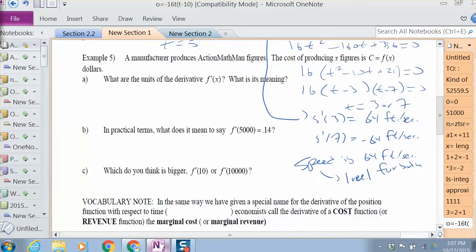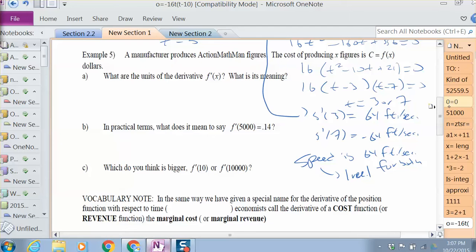Okay, example 5. Now, there is some interpretation of derivatives that is important. So in this case, what are the units of the derivative f prime of x, and what is its meaning? Okay. So what's going to happen here is that